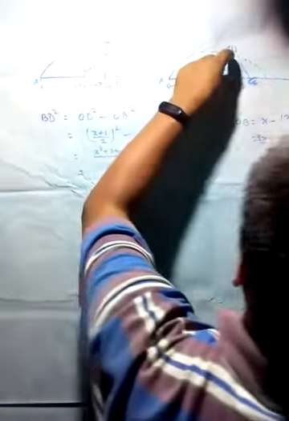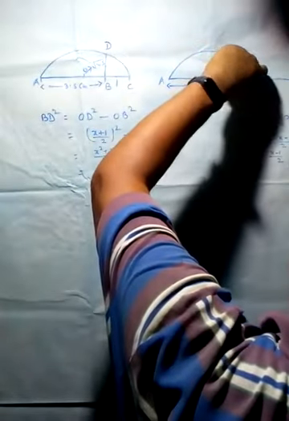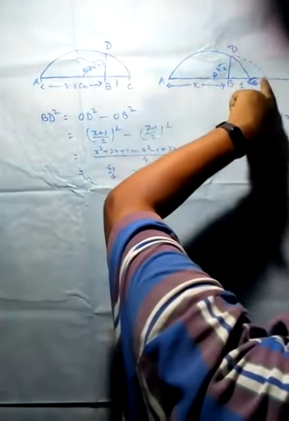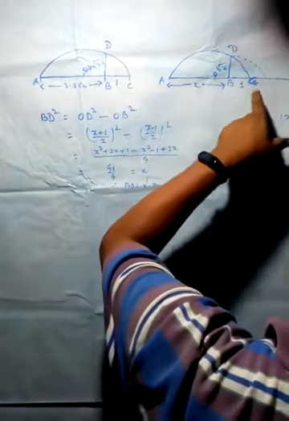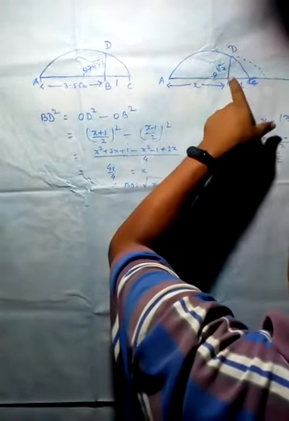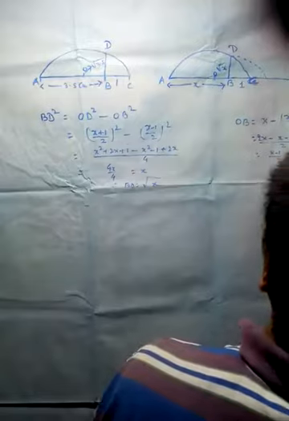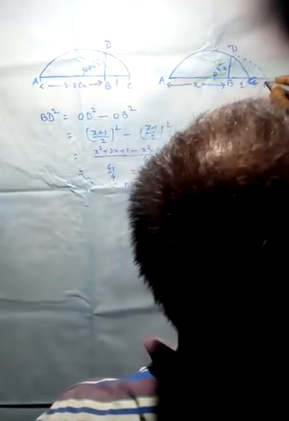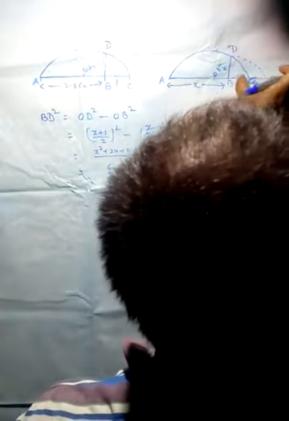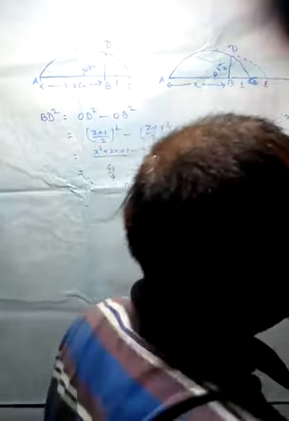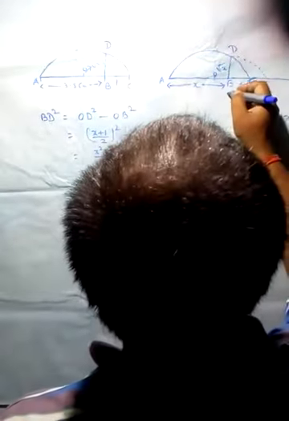And now you can put BD as a radius, and you can draw an arc which will cut here at this point. So here from B to E, you say this is the point E, and that is the representation of root x on the number line, and you can say this B as origin.